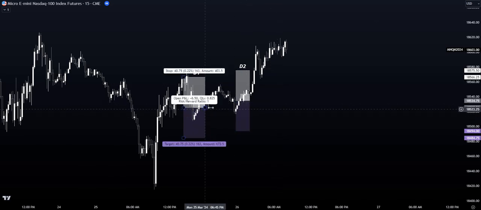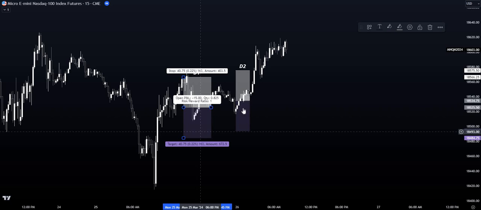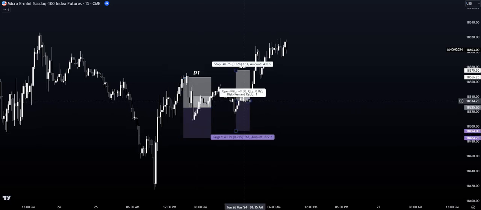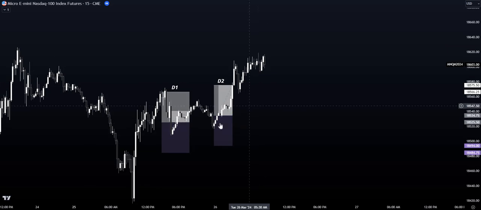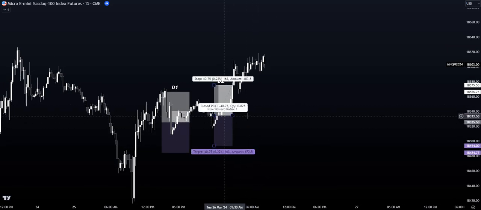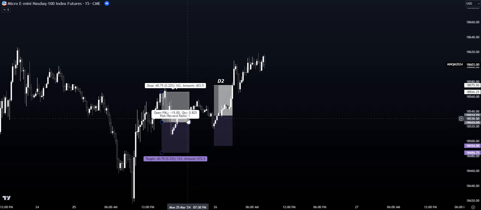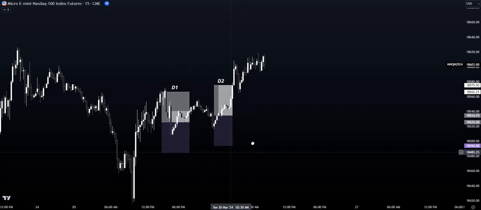So what you should have done was, from risking 1% to make 2%, on the next trade that you take, you should have started risking 0.5% to then try to make 1% out of 0.5%, so that you can get back this loss and maybe even get a little bit of profit in.